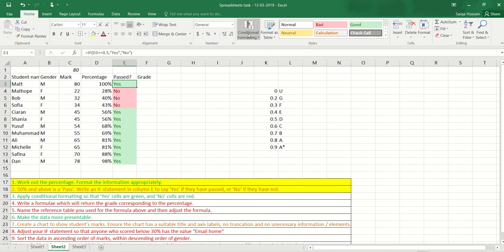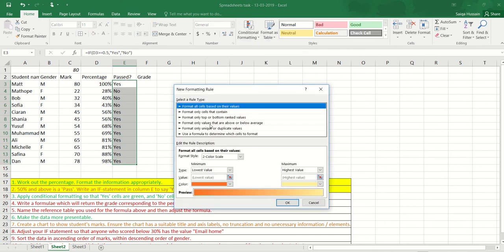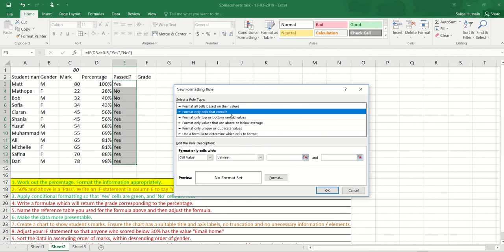There are other ways that you can do the conditional formatting. I'll show you very quickly. Let me just clear the rules that I've just applied. Let me do it again. You can go to conditional formatting, new rule. You can do it this way. And then you can select format only cells that contain. I think on the Macs it will be classic style. A cell value. You can say specific text or cell value